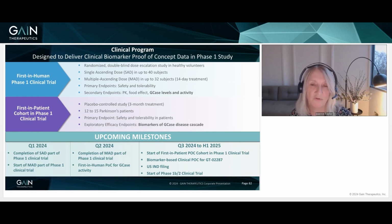So as I mentioned, this compound is already in the clinic. It's in a phase 1 trial in healthy volunteers. The upcoming milestones for this trial are this quarter. We expect to complete the single ascending dose part of the phase 1 trial and to start the multiple ascending dose part of this trial. And in the coming quarter, we expect to finish the MAD part of the trial, and we also expect to be able to collect some data looking for effects on GCase activity and levels, even in these healthy volunteers,